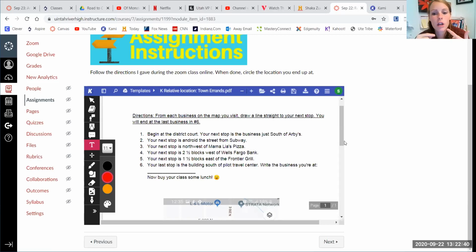Now, we should know how to find a place by its absolute location because you've got to type in the address, got to find the map. And we're going to actually have an assignment next week where we're going to be practicing finding places on the map and figuring out how far away things are on the map. Because even though we have Google Maps, they don't work all the time. So,